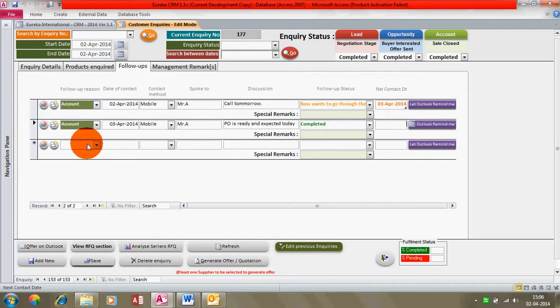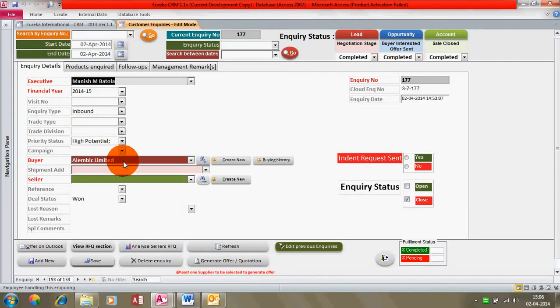Okay, the automation stops at the third level, because that's the physical follow-up you again have to do to check whether you have really received a PO or not, because this is what the system cannot track.